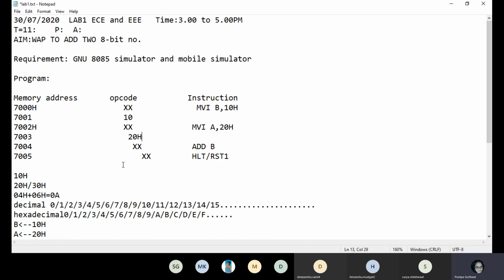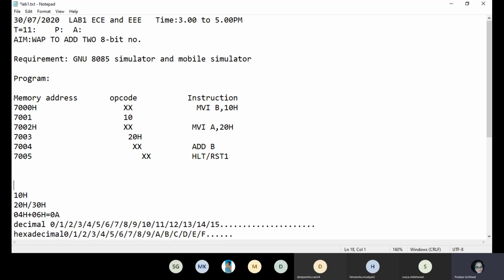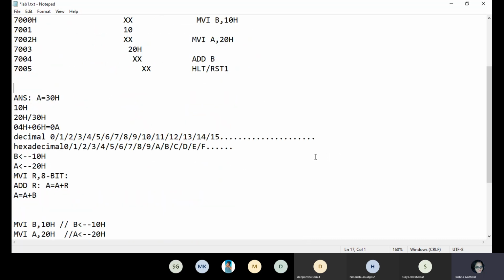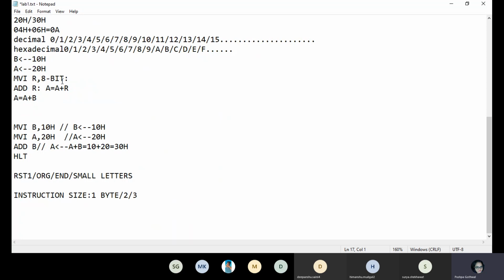So after writing this certain line, your processor will give the answer in that way. आपका आंसर क्या होगा? After executing this, you will check the answer while entering the register A. जैसे आप एंटर ए रजिस्टर करोगे, आपको जो आंसर मिलेगा 30H on LCD. Okay, so the same code if you are executing on the hardware kit, you require all these things. But the same thing if you want to execute on the simulator, you have to write it in that way.